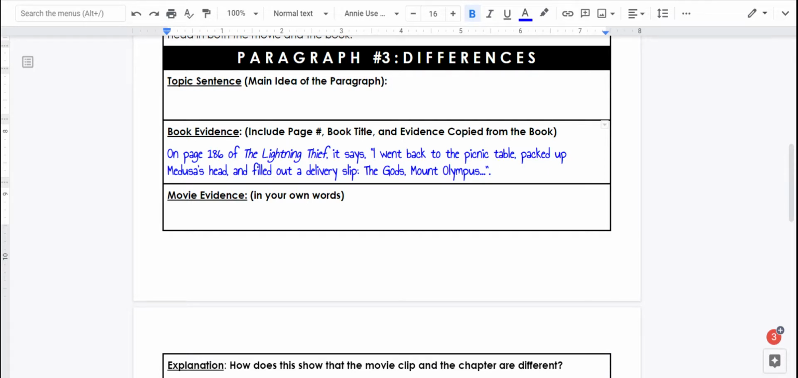You need the page number, book title, and copy the evidence exactly how it is stated in the book. Make sure you have a capital letter to start your sentence. Make sure your book title is capitalized and italicized, and make sure you've got a period at the end of your sentence. Then we'll move on to the movie evidence. Same thing we did in the previous paragraph. We're going to start by saying, in this scene of the movie,